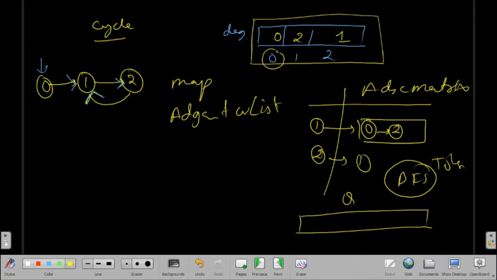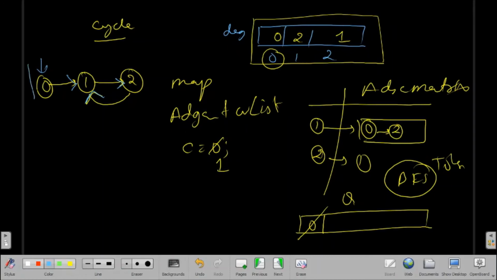So we have one degree value 0, that is course 0. So we'll just add it here, and we also maintain a course count of the number of courses we have completed. At first we have 0, so we'll add it and pop it from the queue, and increase count c to 1, and we'll go to the neighbors of 0.